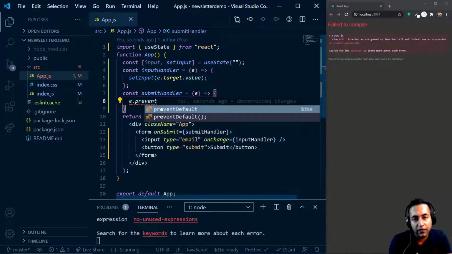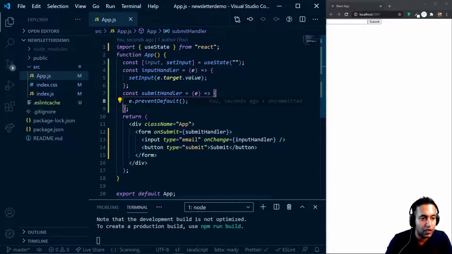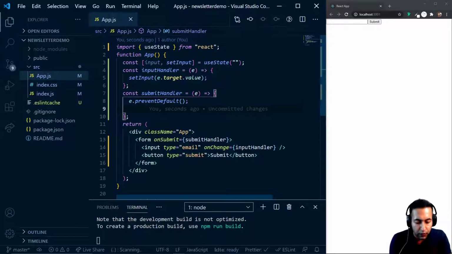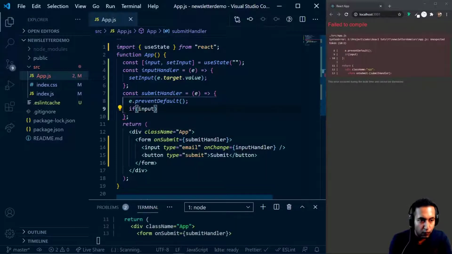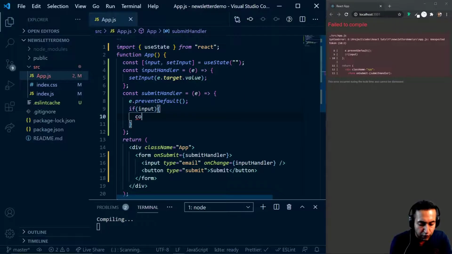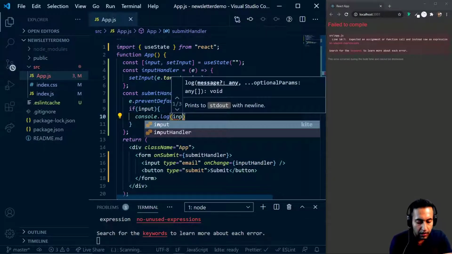because by default when we submit a form it sends us to a different page, but we don't want to go to a different page, so that's why we are using e.prevent default, because in React we never need to refresh the page, we can work on the same page. Now the next thing what we need to do is we want to check if there is an input. So if input, and what we want to do is we'll log this input onto the console. So we'll say console.log input,